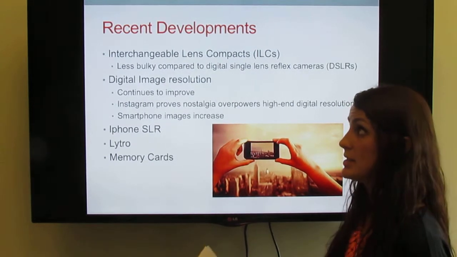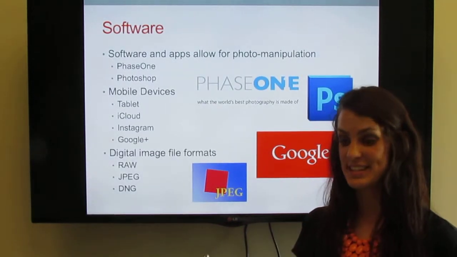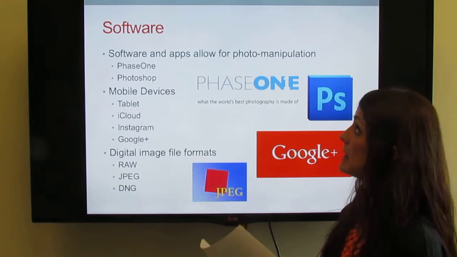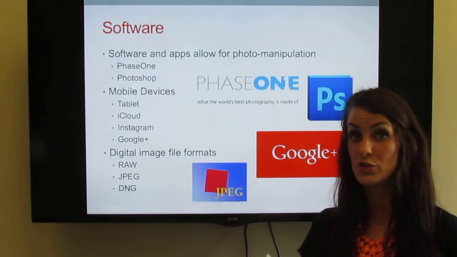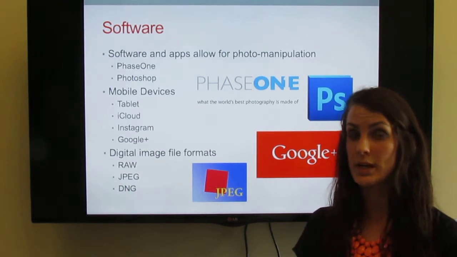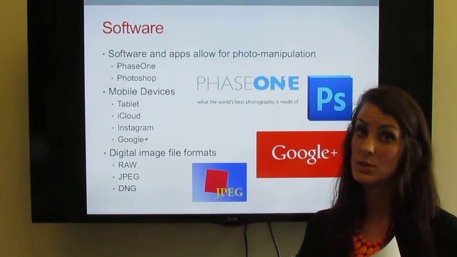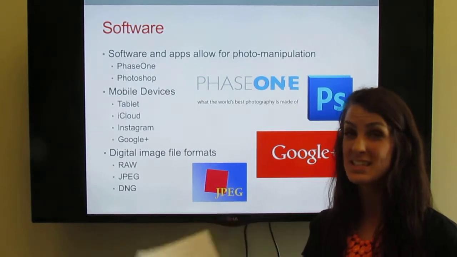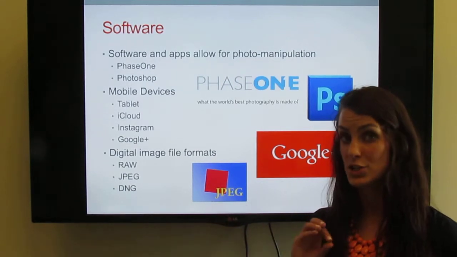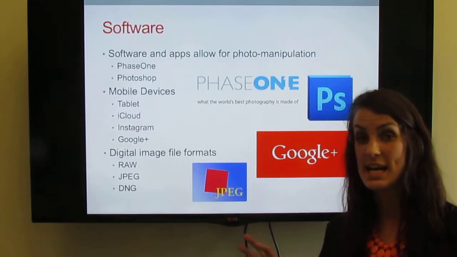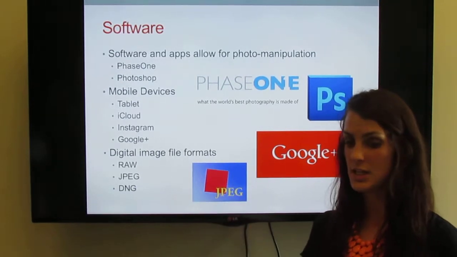And so now we'll go ahead and take a look at the different software that is used to manipulate these images. First we'll look at Phase One and Photoshop. Both of these are professional photo editing software, and pictures can be uploaded to these programs and then manipulated in the way that someone wants. So if there's a pretty sunset and they want the colors to be brightened and the brightness and the contrast to be more in-depth and more visible, they'll use this software to change the way the picture actually looks.